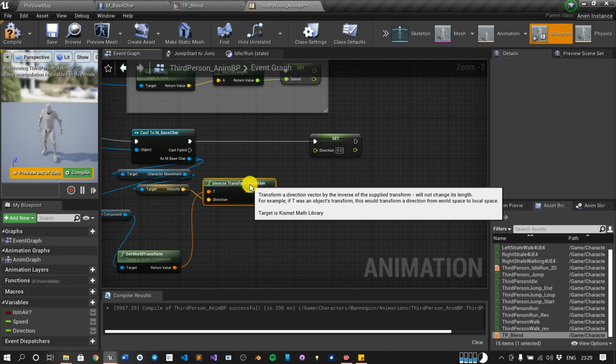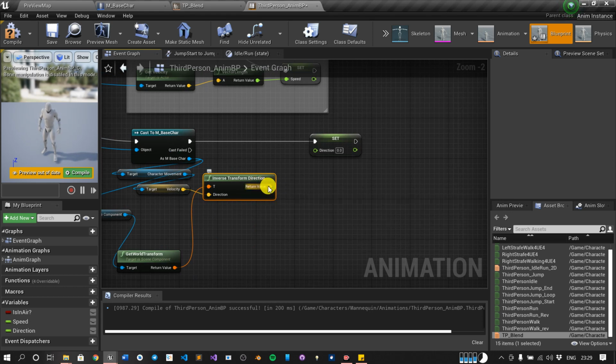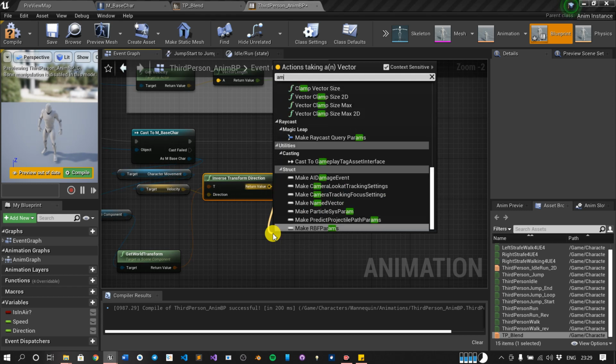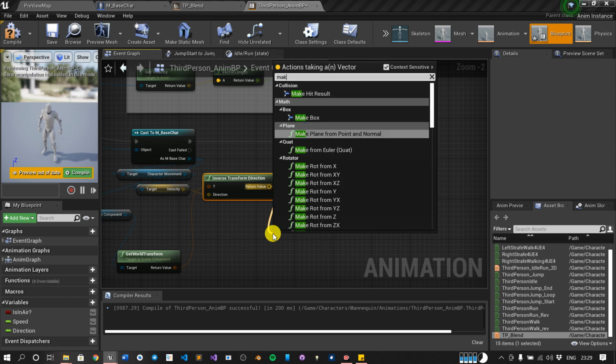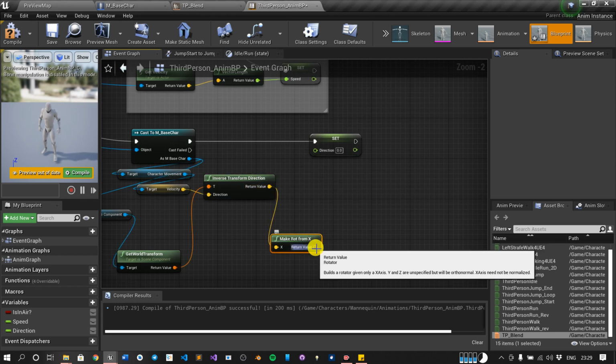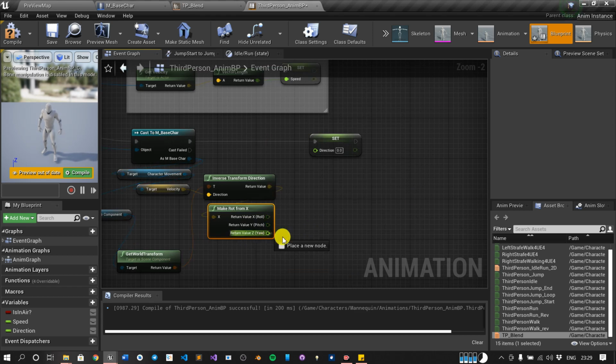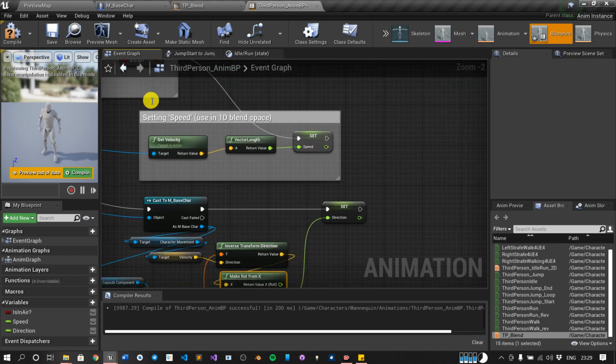So this is now in the local space, and with this we can make rotation from X, Make Rot from X, and we need it from the Y-axis only, which is 0. So we will put the direction here.